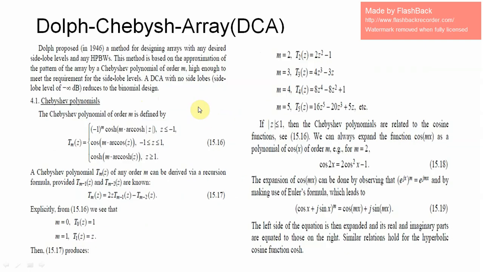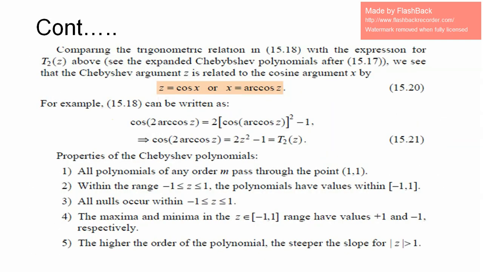With reference to the previous equation 15.18, cos 2x, where x is arc cos z, is equal to 2 cos square x, and cos square x is equal to (arc cos z) bracket squared minus 1. Then we write here cos 2 arc cos z, which is equal to 2z square minus 1, which is equal to T2(z), and from that equation we know the property of the Chebyshev polynomials,